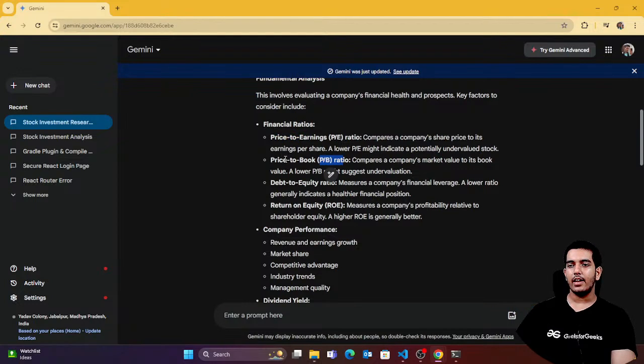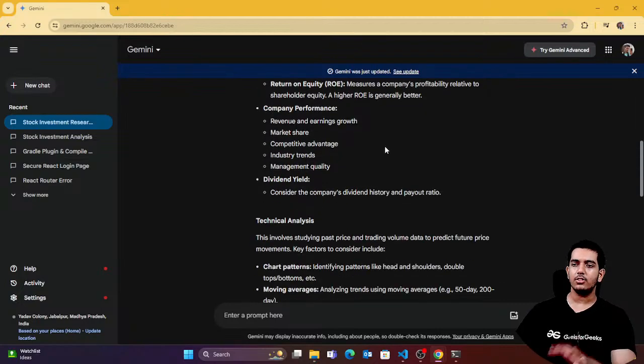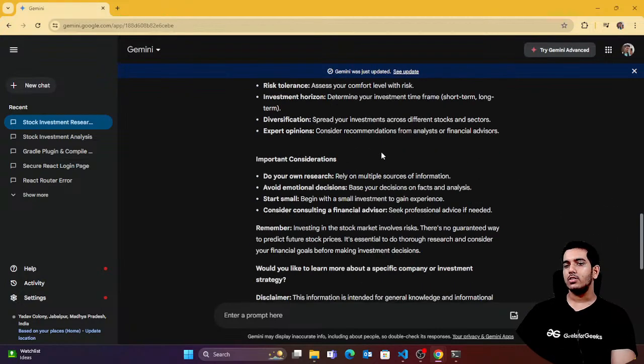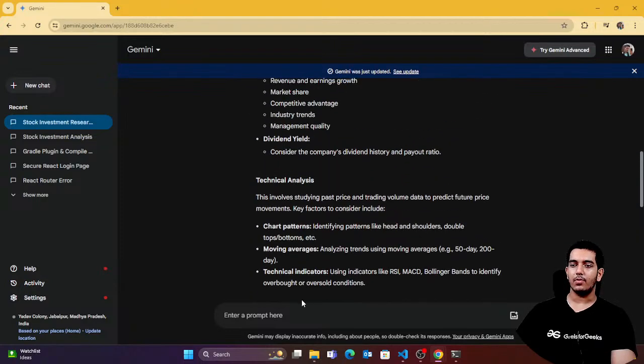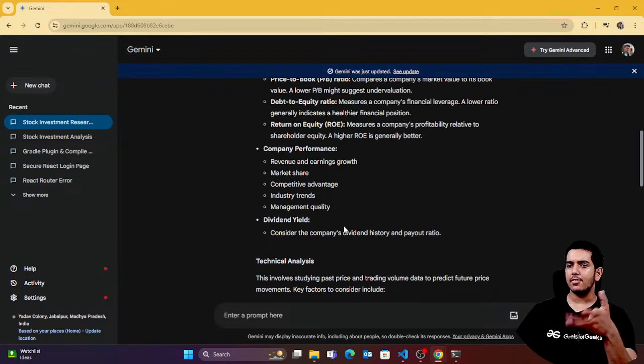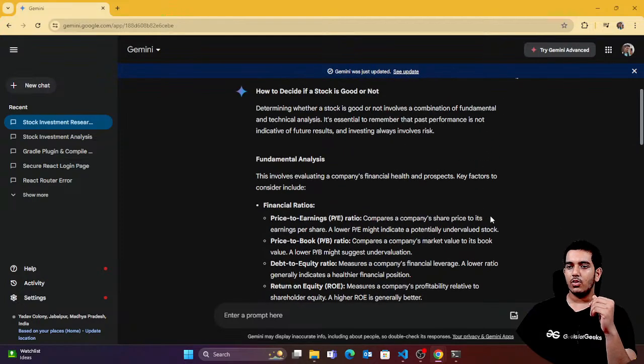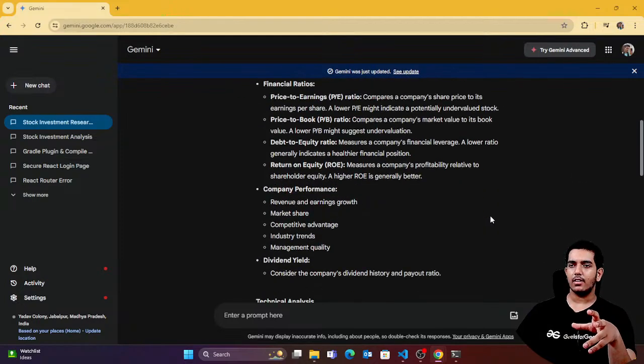So it's basically in your front end, you're going to ask for these parameters, and the AI would be helping us to calculate these things. Other factors are also mentioned. If you want to make it more advanced, you can add technical analysis, you can add charts, but right now it doesn't support charts. But if someday it supports charts, then definitely you can add it. And you can also add economic factors. Right now the company is in huge debt,